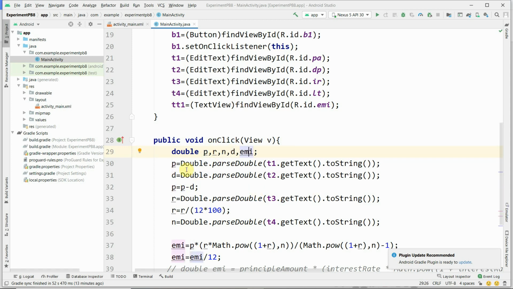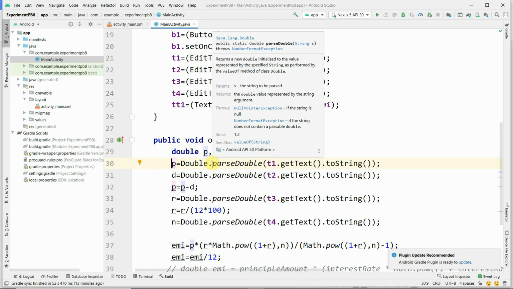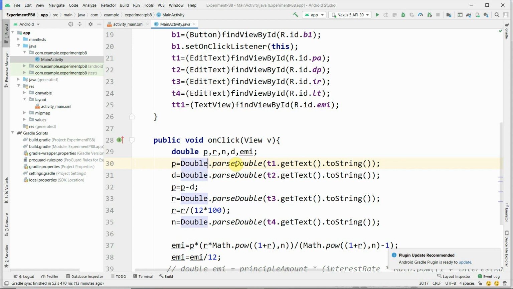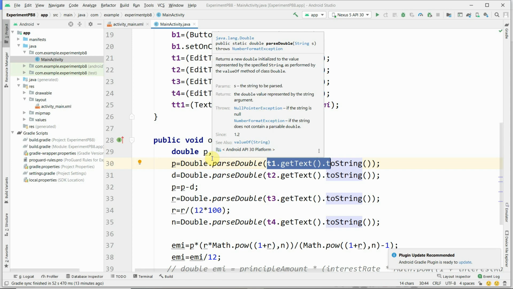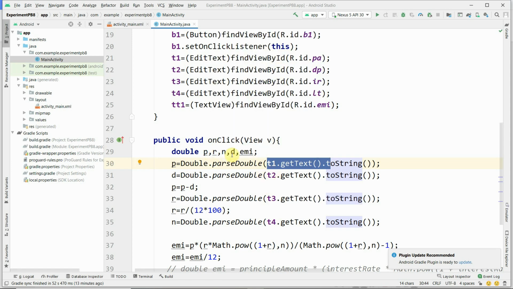Now p is the variable where we are using Double.parseDouble to convert string to double, and the parameter is t1.getText().toString(), which indicates the content of the first text box mapped to t1 is converted to double, means string to number of type double, and stored to p.